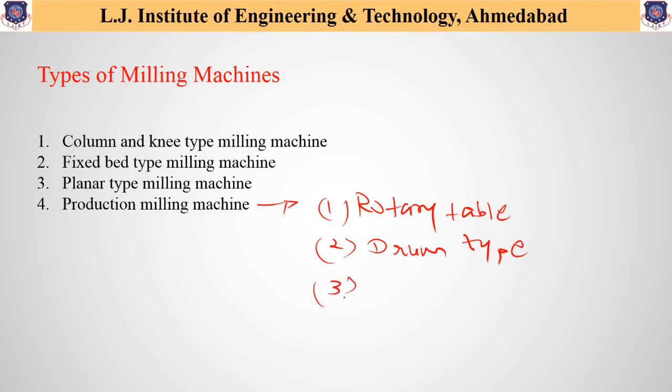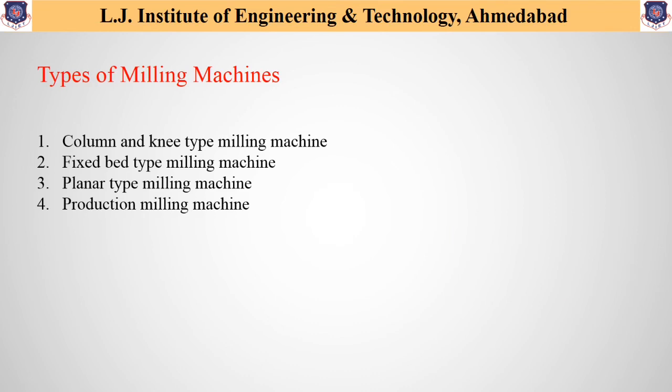And the third one is the tracer controlled milling machine. So keep the names of these machineries in mind, because this classification or types of milling machine is also important from an exam point of view. That's why I am listing the sub classification of all these milling machines. And now the last one is the special purpose milling machine. And as we know, any special purpose machine is used to generate any specific component or any specific profile.